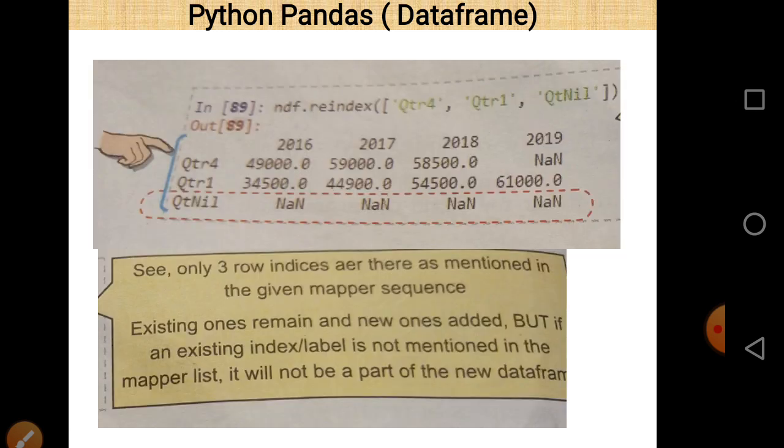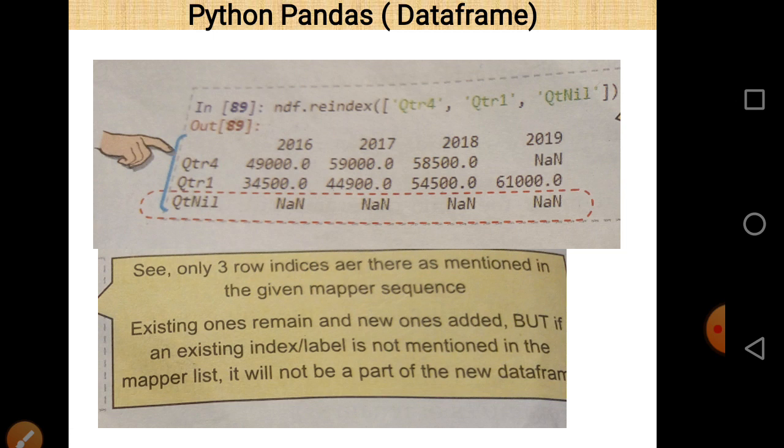Next is Q2R4, Q2R1 and Q2 nil. Now in this case we reindex rows, and for rows we take only 3 rows, Q2R4, Q2R1 and Q2 nil. In the original data frame there are 4 indexes or rows, Q2R1, Q2R2, Q2R3 and Q2R4.